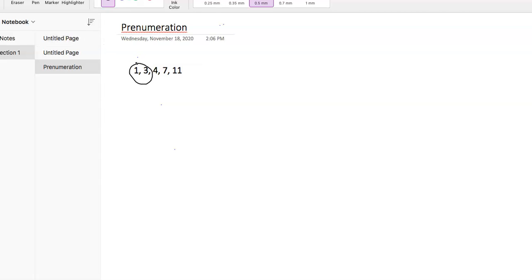1 plus 3, these 2 numbers, equal 4, that third number, right? Okay, and then 3 plus 4, the second and third number, equal 7. 4 plus 7 equals that, 11. So what do you think the next number is going to be, right? 11, the last 2 numbers, right? 11 and 7,